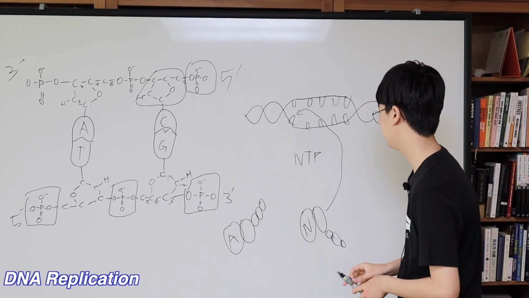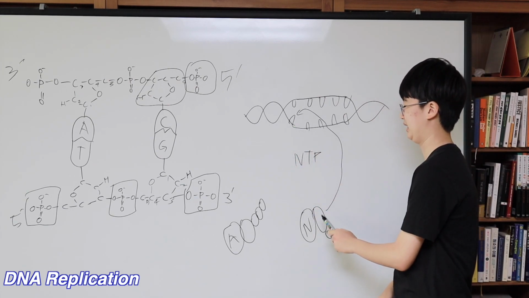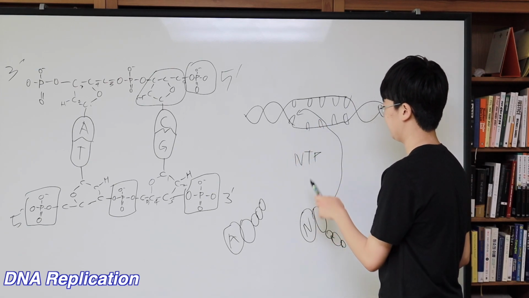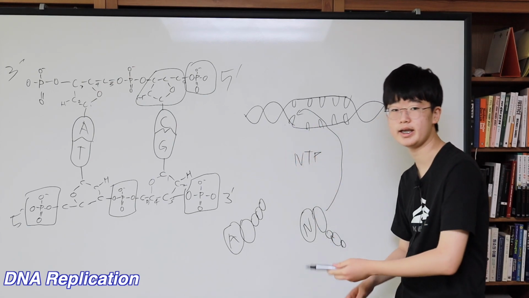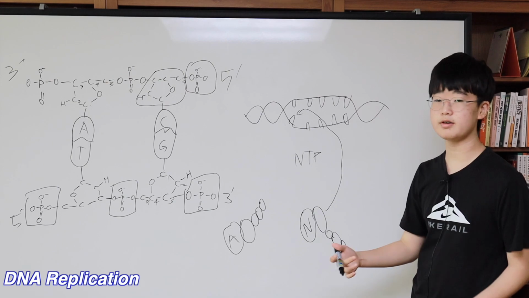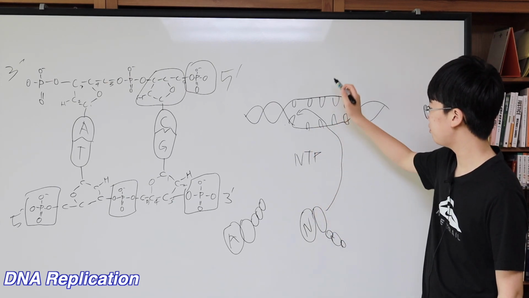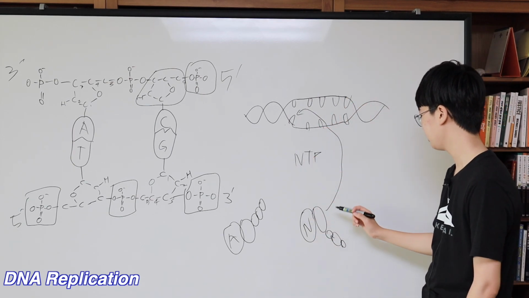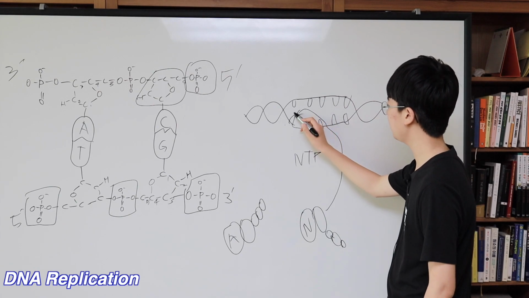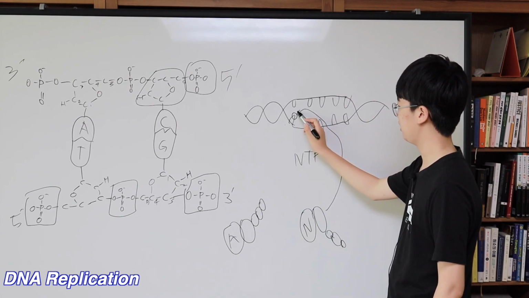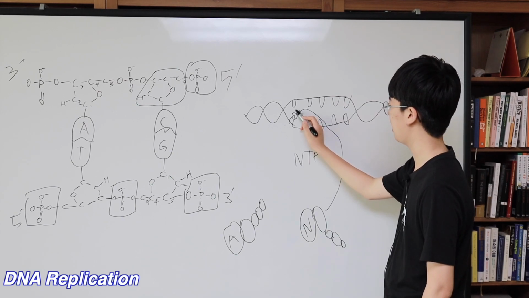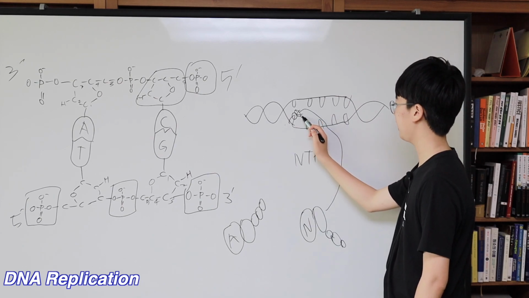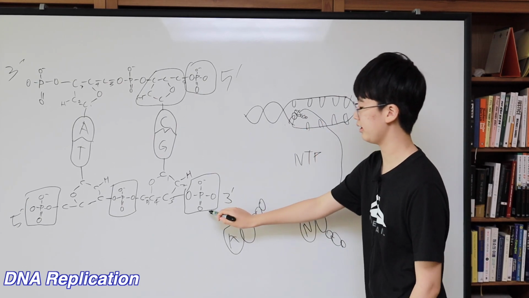So if this is an A, this would be a T. If this is a C, this would be a G. If this is a G, it would be a C, and if it's a T, it would be an A. Whatever is attracted to it is put onto the already existing nucleic acid base. So it is stuck onto over here, and then the deoxyribose, the sugar, is on top of it, and there are 3 phosphates, these things,